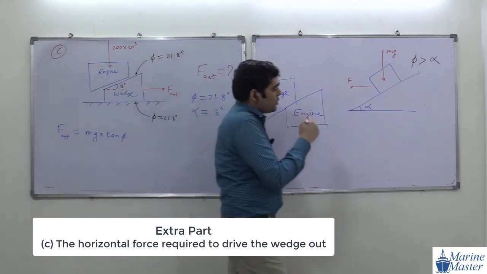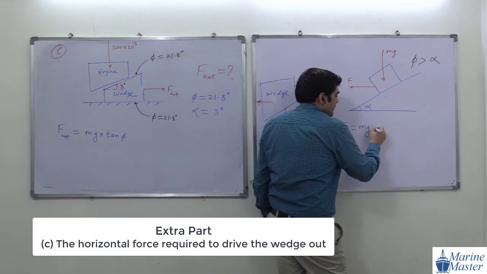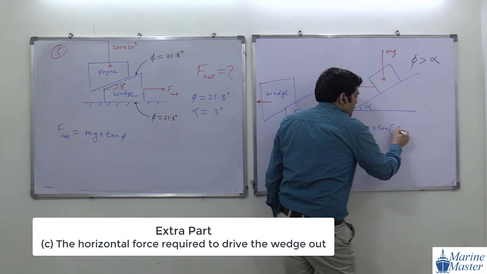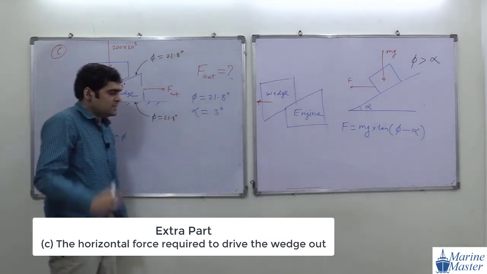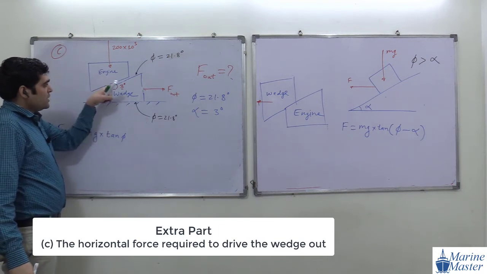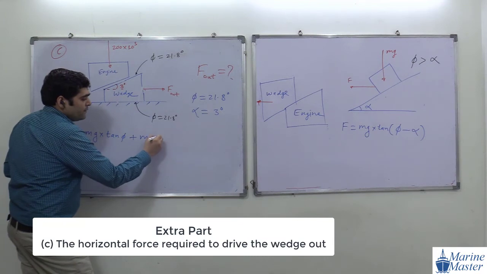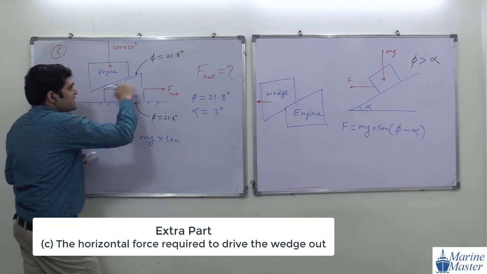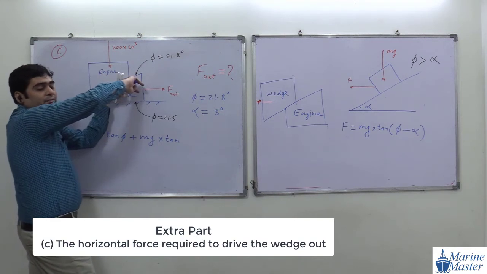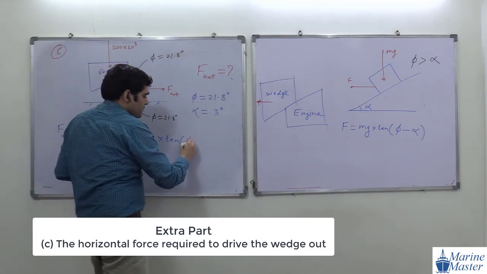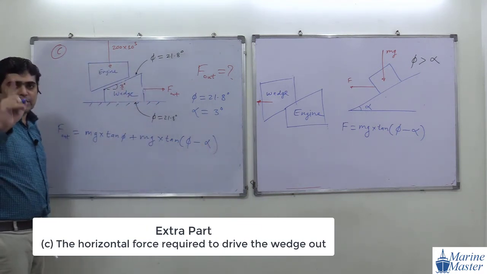So what will be the force for this scenario, guys? We studied F is equal to mg into tan of (phi minus alpha). Okay, guys, try to see the scenario. So for this plane, what will be that? mg into tan of, what is the angle of friction here? Phi only. If it is phi 1, then we have to consider it as phi 1. So phi minus alpha. Okay, guys, are you getting my point? Try to see the scenario.